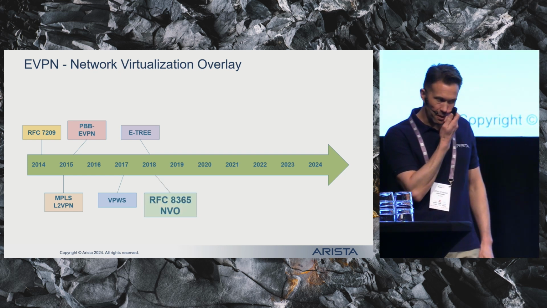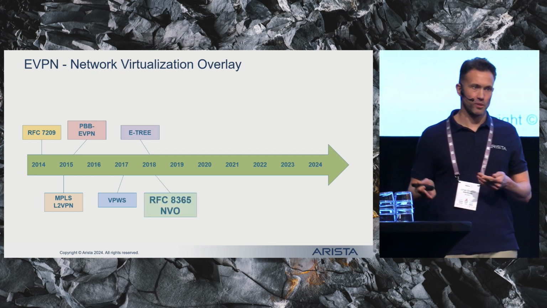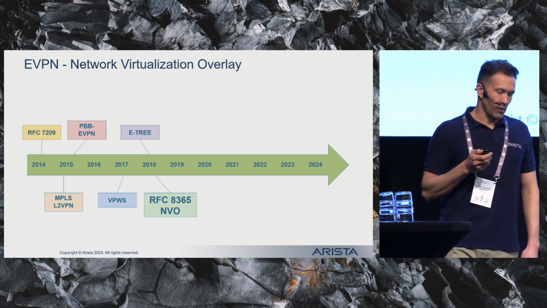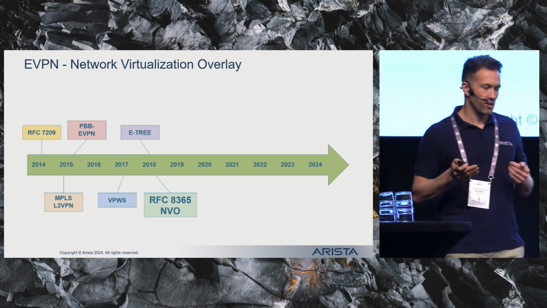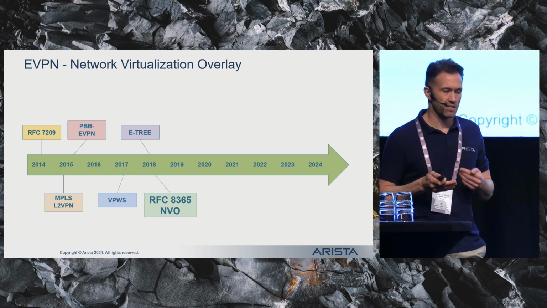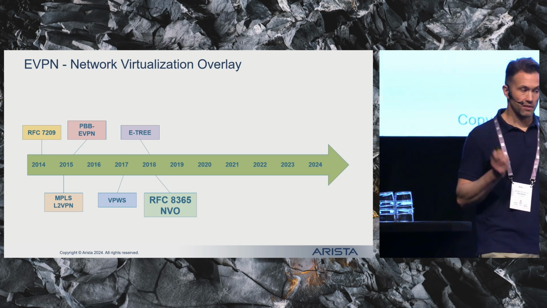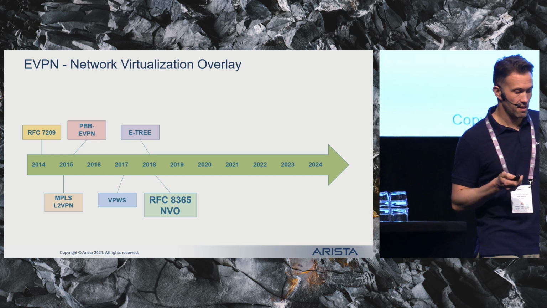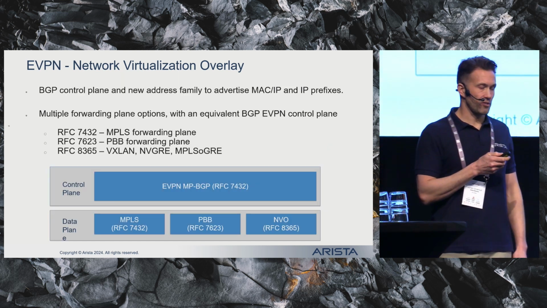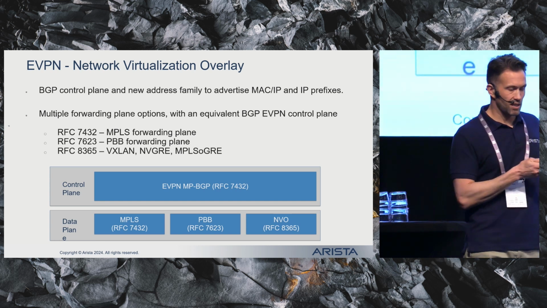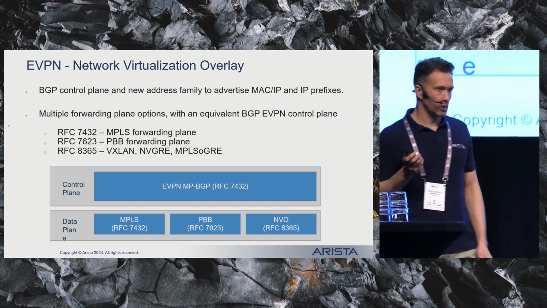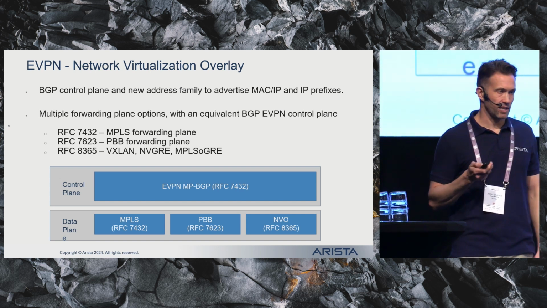Next, we have the RFC that has really come to push the deployment of EVPN. RFC 8365 describes how EVPN can be used as a network virtualization overlay solution with tunnel encapsulations over IP, as opposed to MPLS before. So with this third alternative data plane, it actually consists of 3 different tunnel encapsulations. You have VXLAN, you have network virtualization over GRE, and MPLS over GRE.